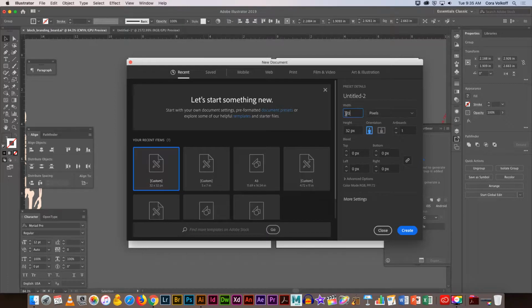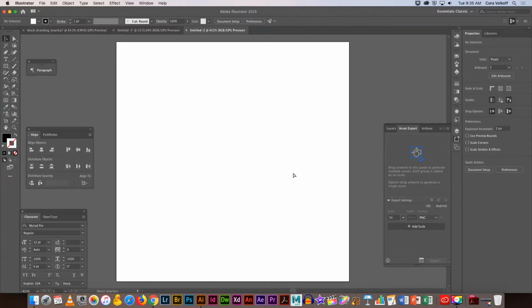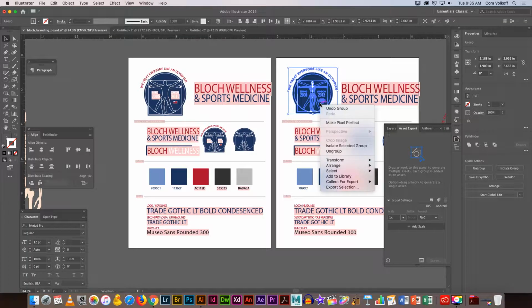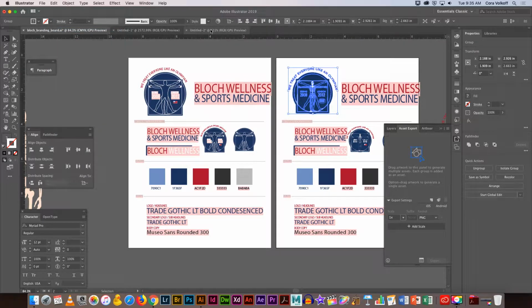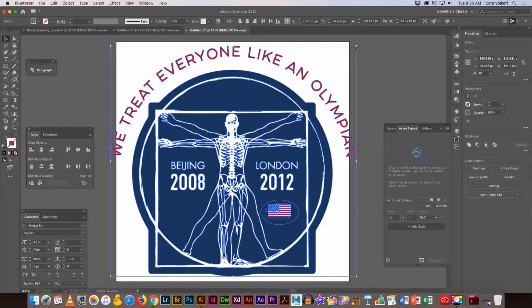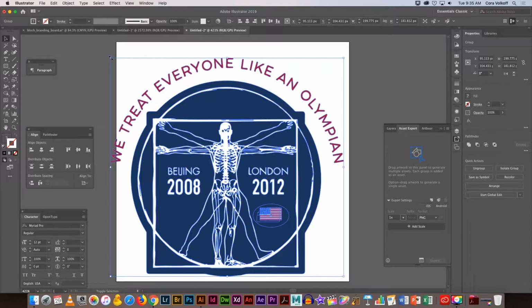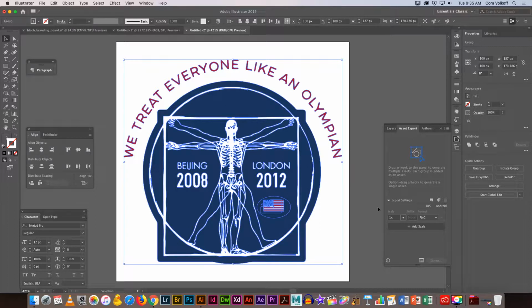If you look carefully, a lot of times any of these web builders will tell you the ideal size to make things. And I'm going to paste that in, not that one. Edit. Can I not? There we go. My eyes were not working. There's copy. Command V to paste. I'm going to scale this down, holding shift, make sure it's grouped again, align it. And I'm okay with this